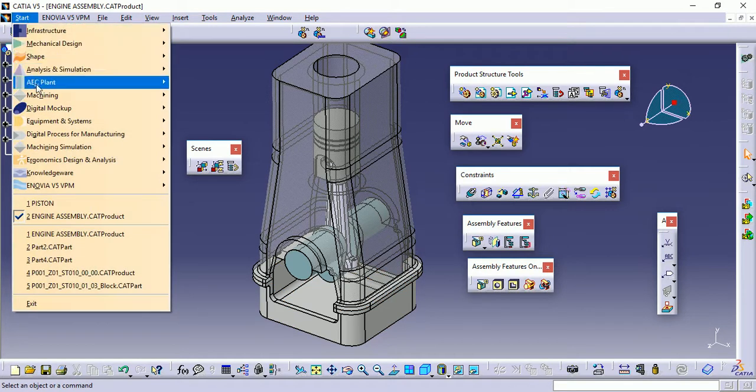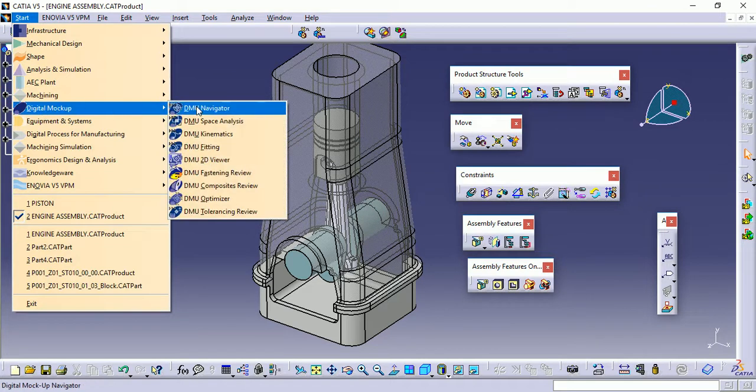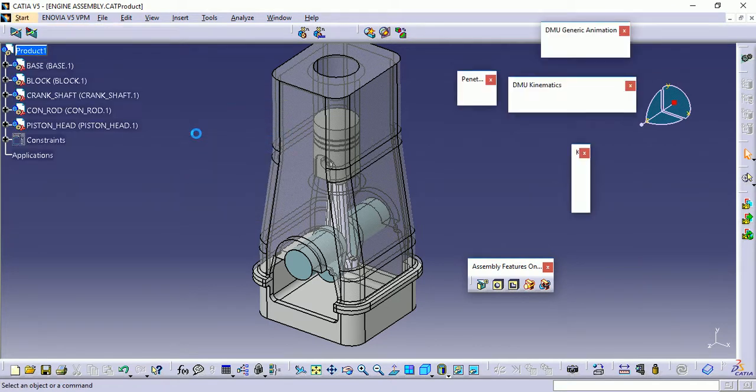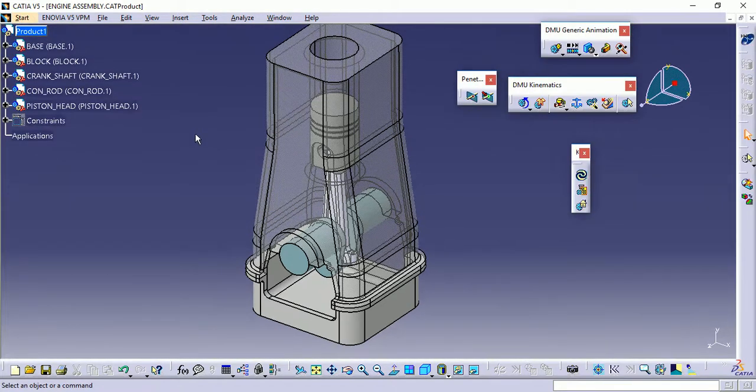Now to perform the motion, again in CATIA we have a separate environment called DMU kinematics, that is digital mockup kinematics. The first step is to create the mechanical joints for running the animation.